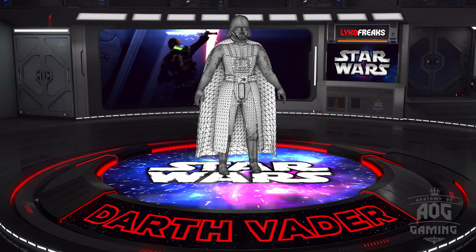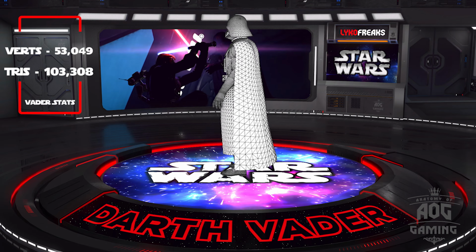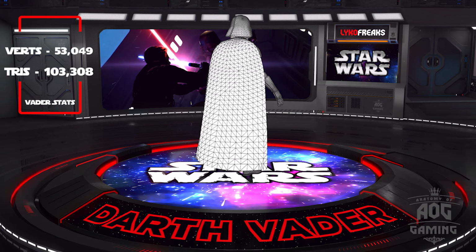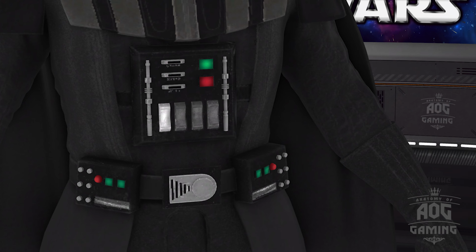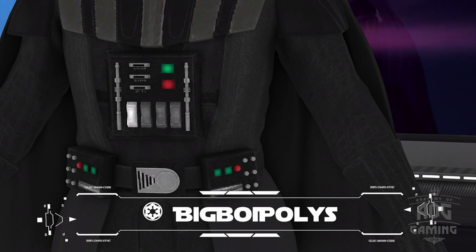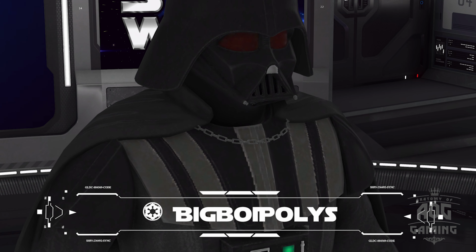Now the stats here for Vader in Fortnite are 53,049 vertices and over 100,000 triangles. This is now officially the biggest model so far in this episode. Hashtag Big Boy Polygons. And really, there is not much you can say on this, as Darth Vader is just